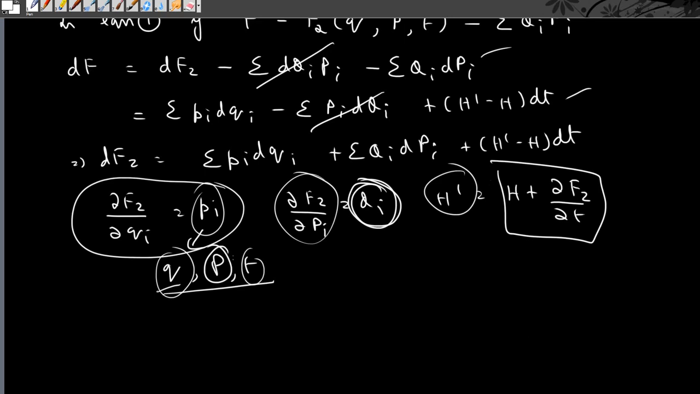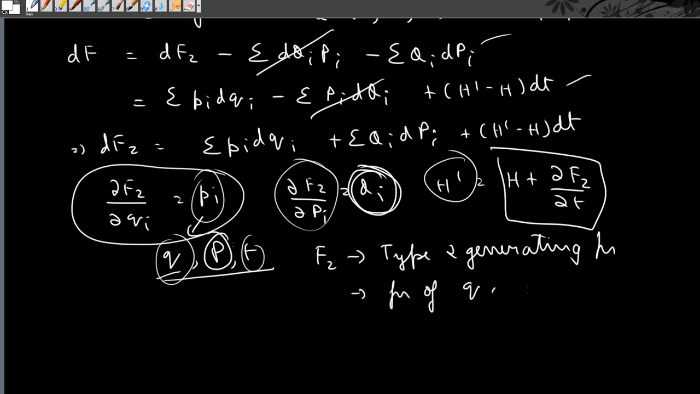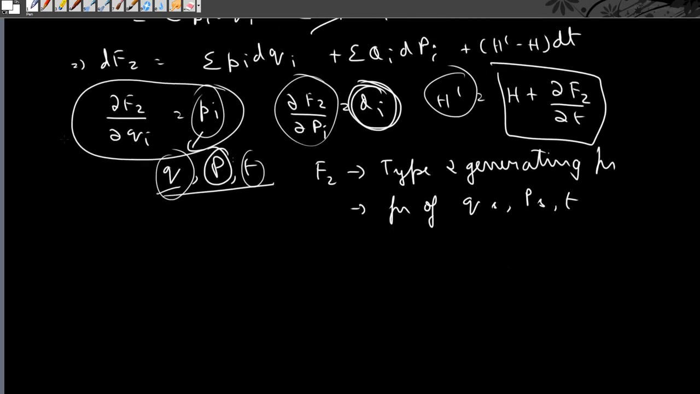So that procedure remains the same for any generating function, and here this f2 is called the type 2 generating function, and this is a function of the old coordinates, new momenta and time. So f1 was a function of old coordinates, new coordinates and time, whereas f2 is a function of old coordinates, new momenta and time. Okay, now similarly